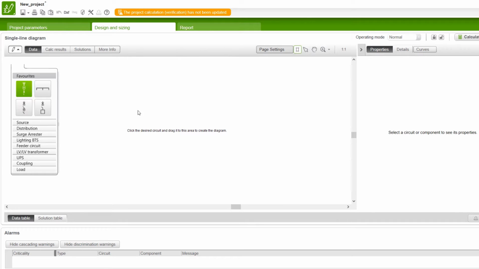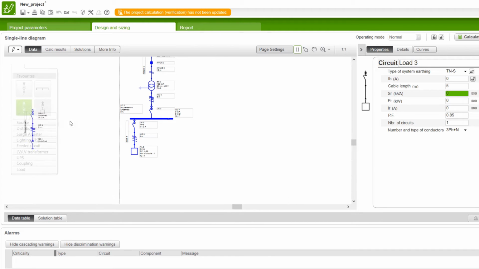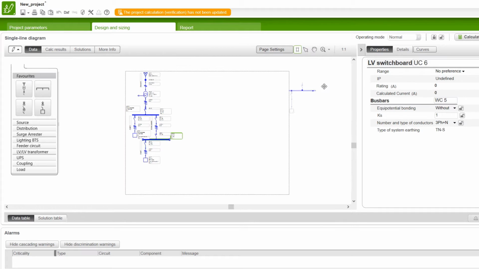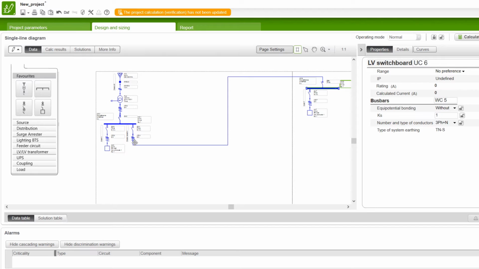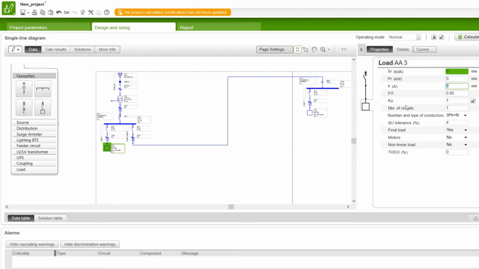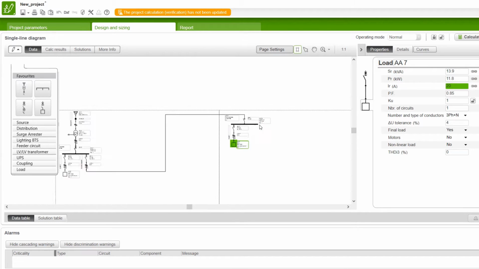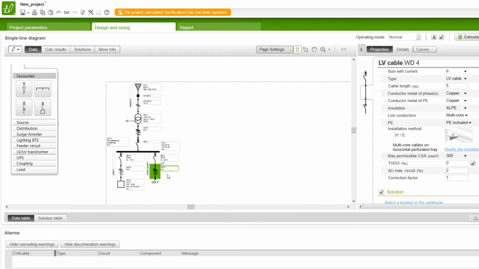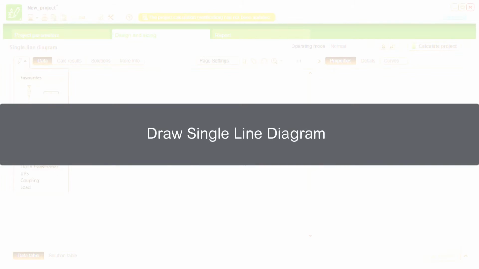Enable the Show Printing Borders in Diagram icon to display printing borders in the drawing area while drawing the network. Now you can start constructing the network and place the switchboards in the different worksheets. It is possible to hide and unhide the links like this. After hiding the links, references will be visible at the cable connection points. Now the worksheet to draw the single line diagram has been completed. Next, let's view how to draw a single line diagram.